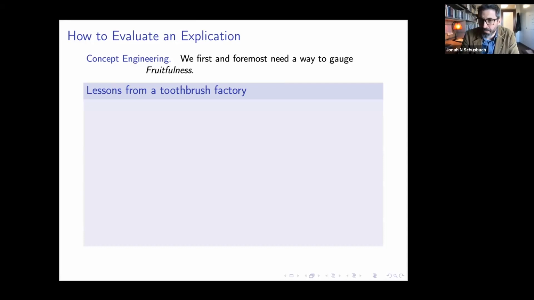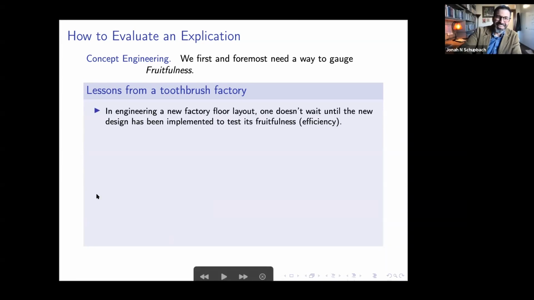And here's where we get some lessons that we can learn from a toothbrush factory. So here, I did an engineering degree as an undergraduate degree, and then I worked for a couple of years at Oral-B Laboratories, literally redesigning floor layouts for assembly lines for toothbrushes. And so that was my task. I was supposed to be designing different ways of laying out the factory floor in order to increase efficiency. That's what I was worried about for a couple of years of my life.